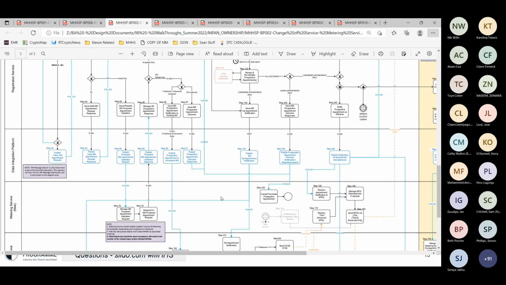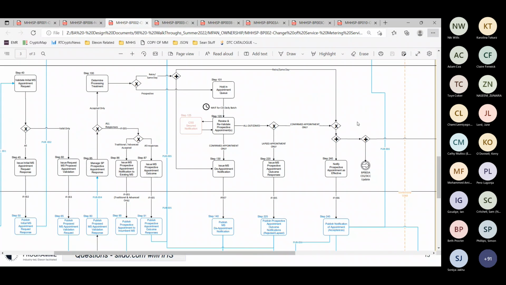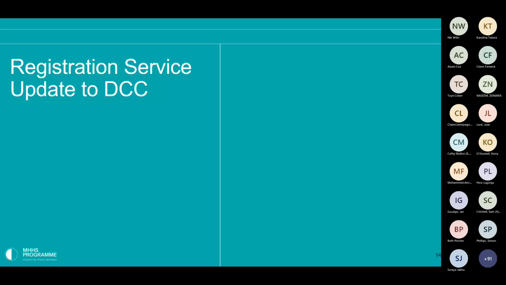Obviously you'll want to spend some more time looking at this in detail yourselves. I think the only thing that I would add at this point is that for smart meters, once the appointment has been confirmed, there is a process to then effectively update CSS and DCC as to who the new agents are, primarily who the MDR is, basically who is the entity that now has the right to access the smart meter. This, I think, might be a good point to switch. Yeah, so